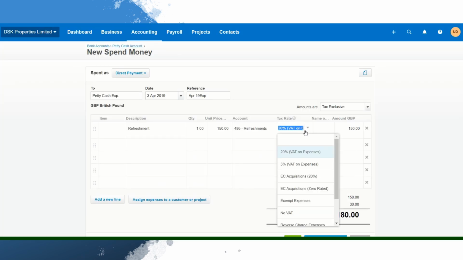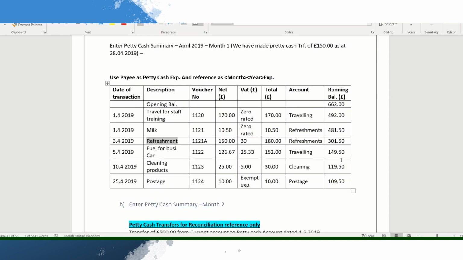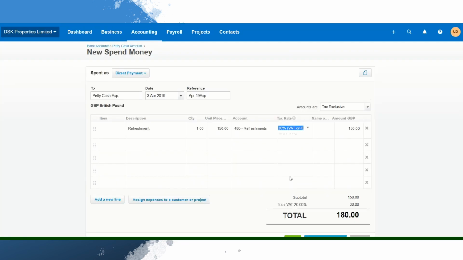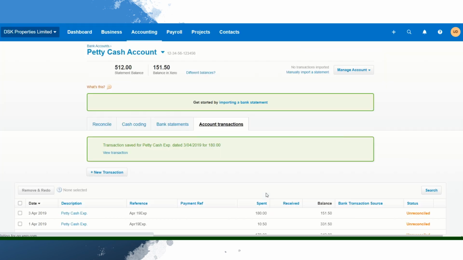And make sure you select 20% VAT on expense, and you can see Xero has calculated £30 as VAT amount, and the total receipt amount is 180. So make sure you apply the VAT code here whenever there is VAT included. And that's done. Save. Now the next one,